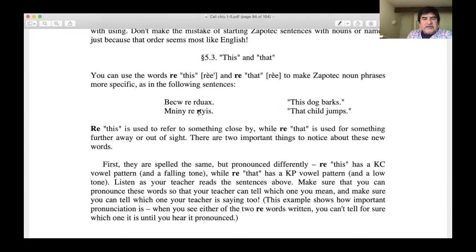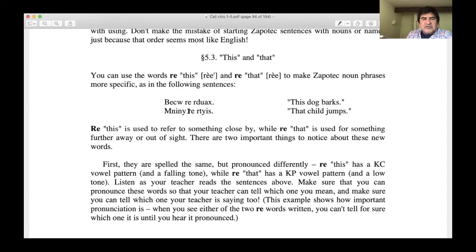And then if we ask somebody which child jumps, and in order to focus on that child who's jumping, we say that child. So that child jumps, and we say that in Zapotec, ninre